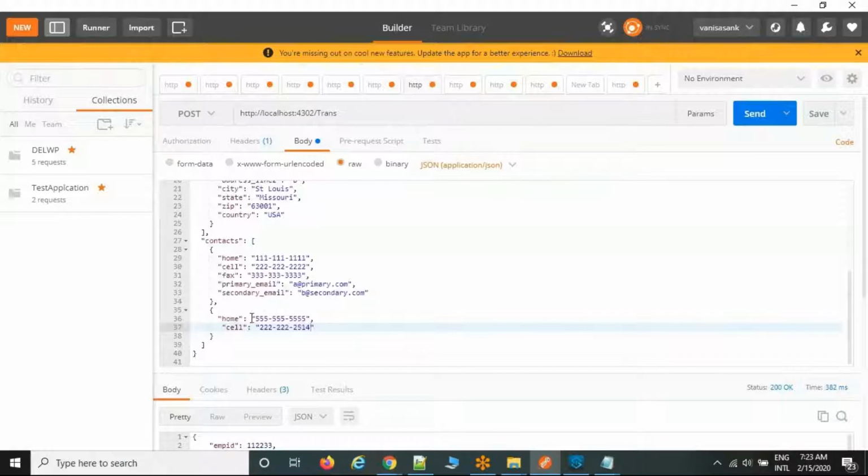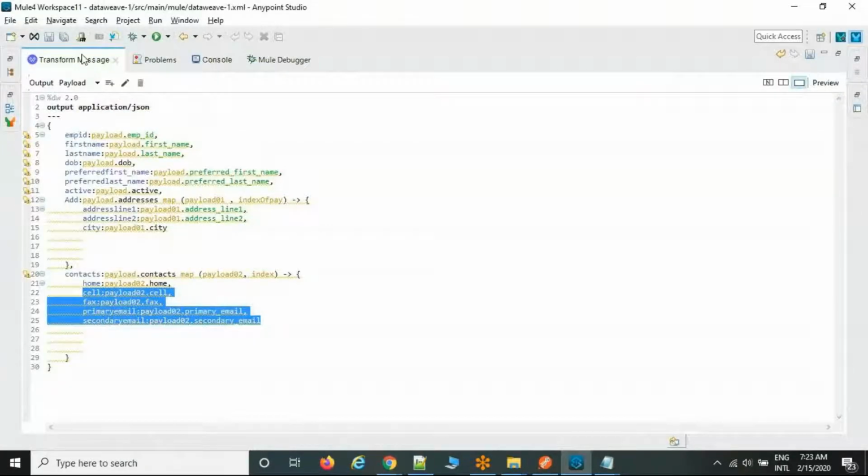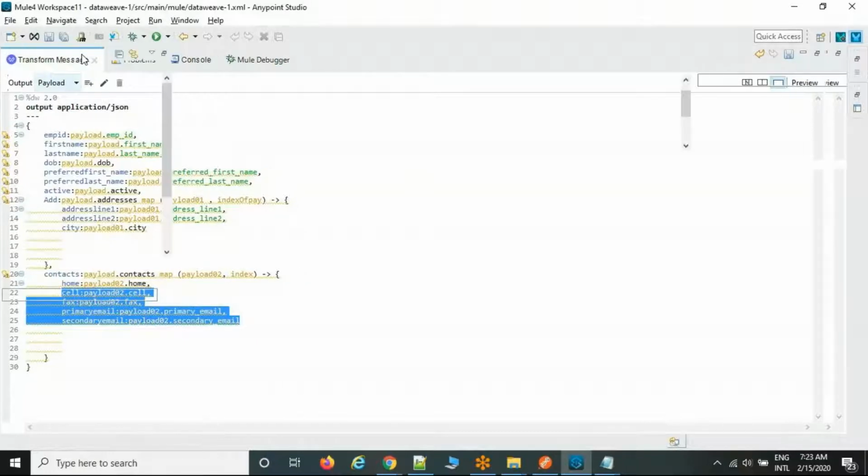But we don't know whether they are sending or not. As MuleSoft, we need to avoid that kind of mechanism also. If they are sending the element, we need to send the values to the target system. But if they are not sending, we don't want to send null values to the target system. So how are we going to skip the scenario if we get this kind of situation?